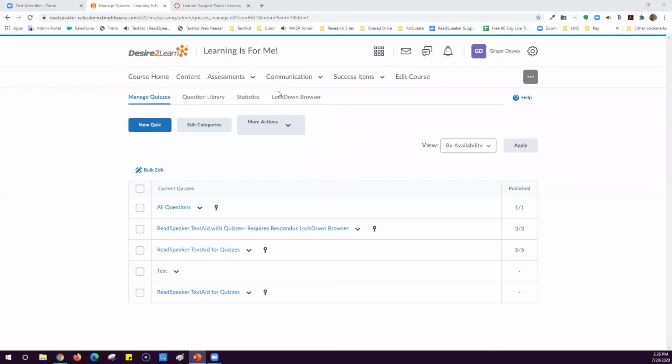I have confirmed I have a couple of clients that are using ReadSpeaker speakUp specifically for ATI and some of the placement exams that may be out there for college entrance. Does anyone else have a question before I start the demo?